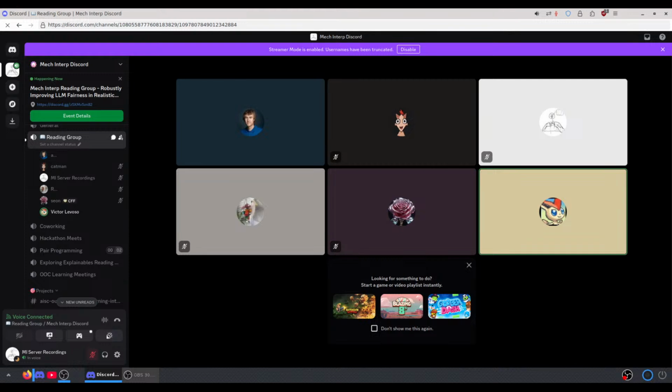I guess Goodfire is already doing some of that stuff. Yeah, but I think it's a cool example because I do agree that it's an example of interpretability that seemingly works better than other methods. Like maybe someone else figures out some other way of doing it with training or whatever.